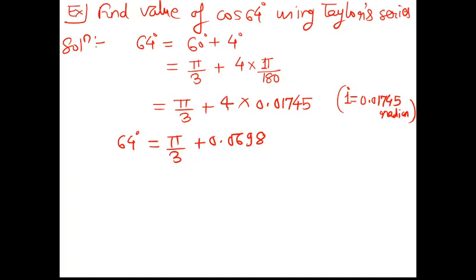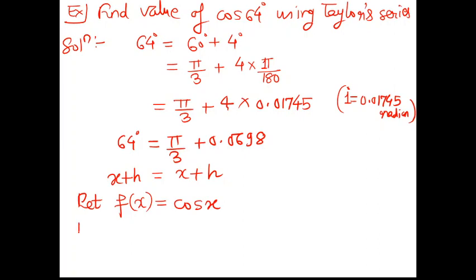So here this is nothing but x. So this is x plus h, 64. This is x and this is the value of h, right? Now, let's first have some notation. As we want to find out cos of 64 degree, so let's take f of x equal to cos of x. Okay. Now, by Taylor series expansion,